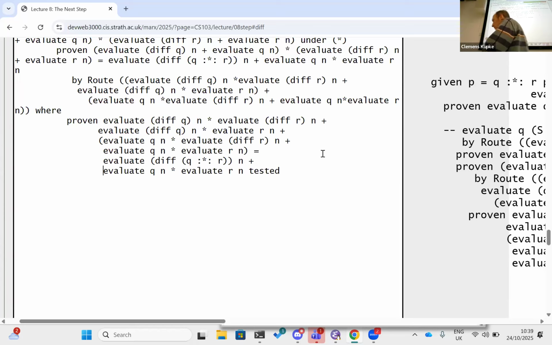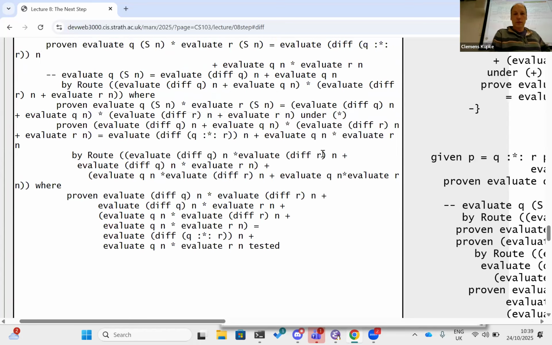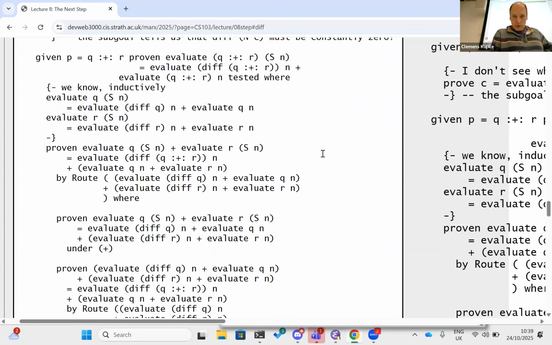But here we are. We've got forward difference,